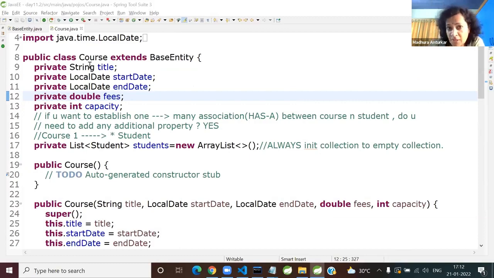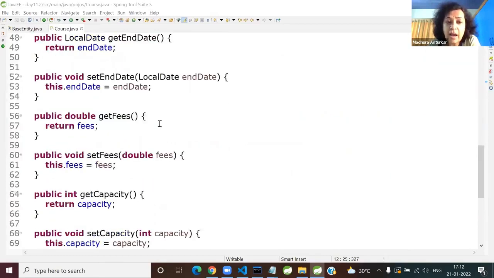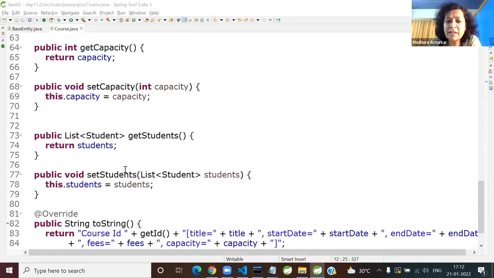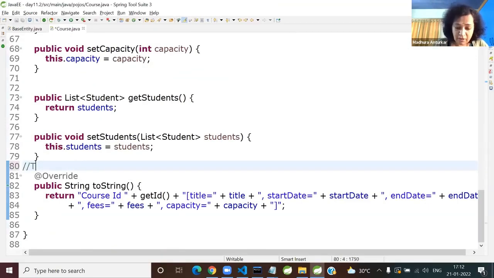So from Course, I can definitely find the student details. And what we did is we just generated getters, setters, and a toString here. These are all the important tips, and I can't take any credit. Anything and everything is taken from the Hibernate founder's book. So another tip is never. I'm making a strong statement. Never add